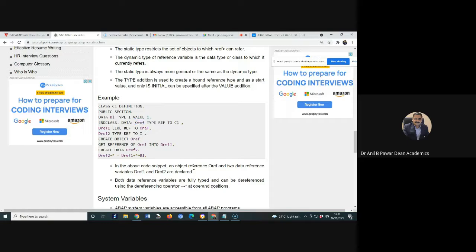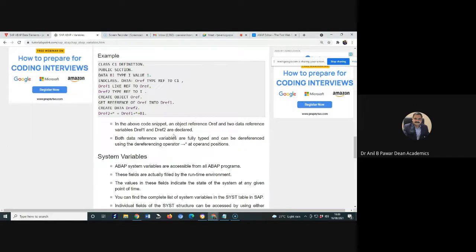An object reference OREF and two data reference variables DREF1 and DREF2 are declared. Both data reference variables are fully typed and can be dereferenced. How are they dereferenced? With the help of the arrow and the asterisk operator at operand position. You can check this particular code here.